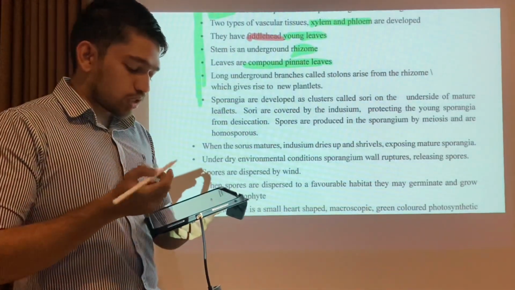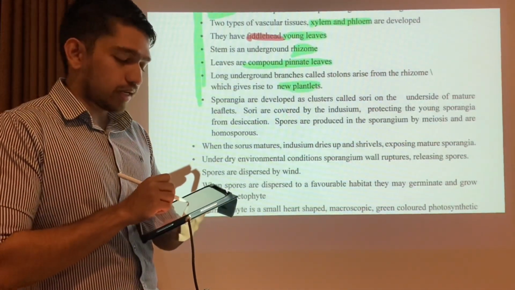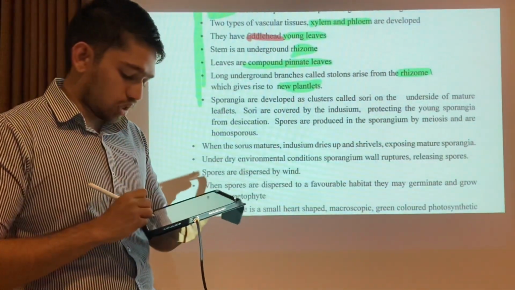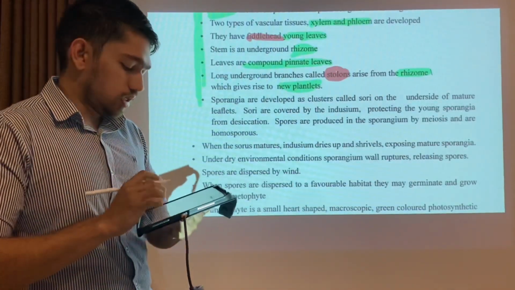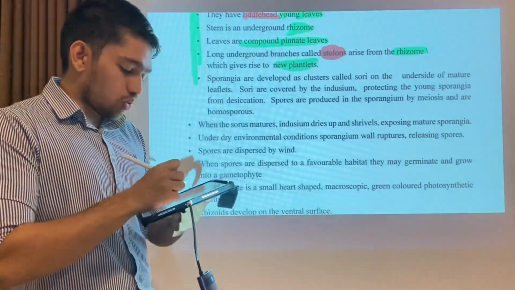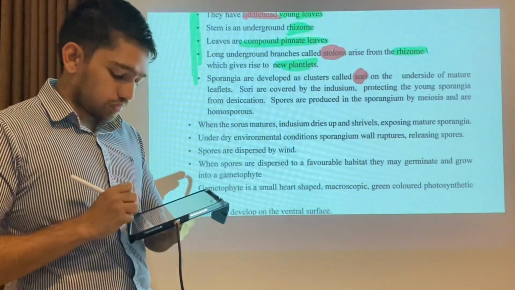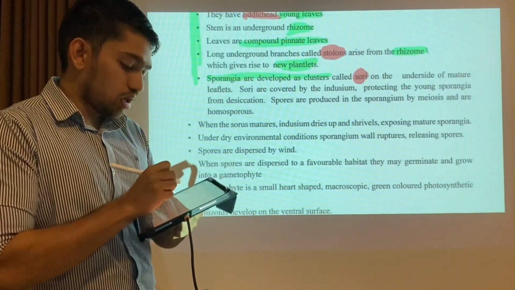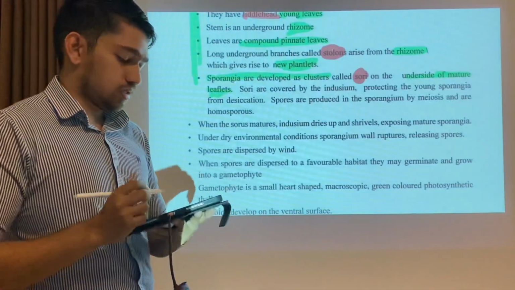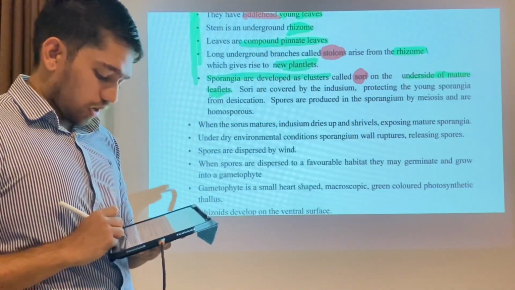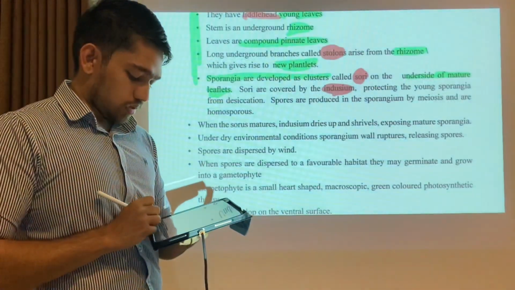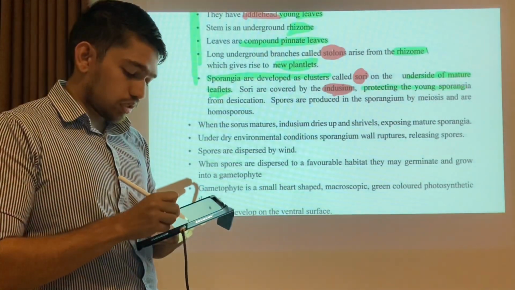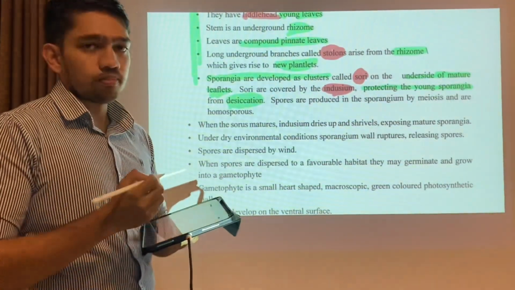So asexual reproduction can take place through new plantlets that can arise from this underground stem, right? These underground branches are called stolons. These are all keywords. Then these sori, which are a unique feature. They can ask you in the structure essay paper, they are clusters of sporangia on the underside of mature leaflets. Okay, and the sori are covered by the indusium. They can ask you what is the function of the indusium, that is protecting young sporangia from desiccation, from being dried out,